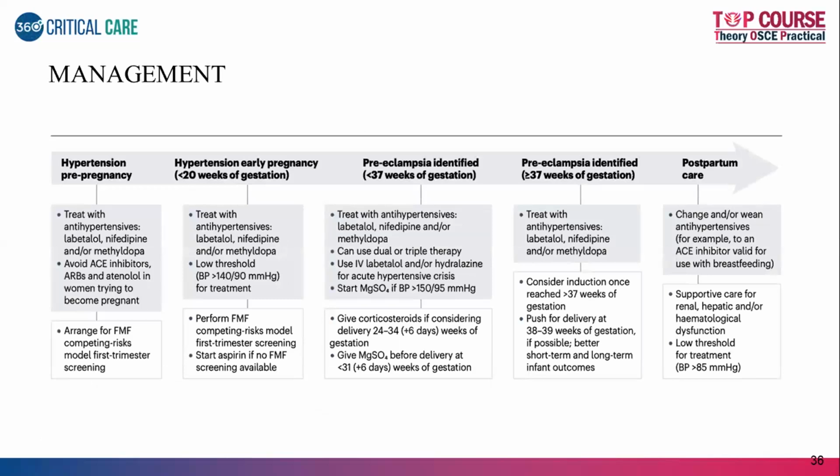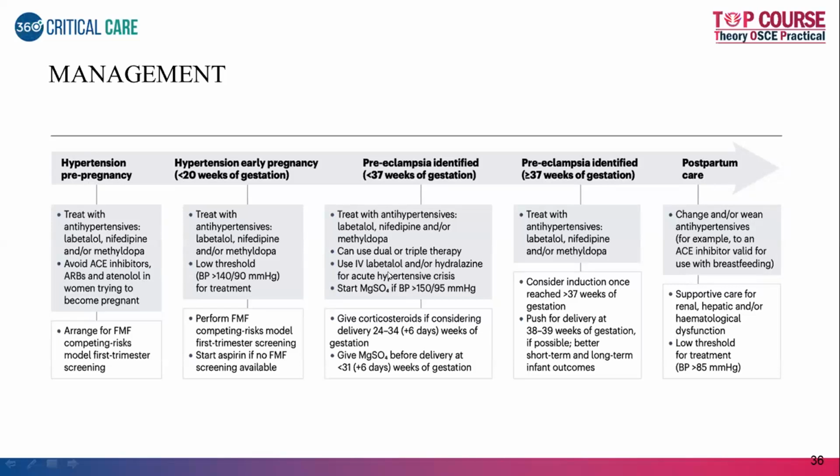So in short, how to manage any patient with preeclampsia. For hypertension pre-pregnancy, when the patient is planning for a pregnancy, you treat with any available antihypertensives, screen the patient, and avoid ACE inhibitors, ARBs and atenolol. For hypertension in early pregnancy, start with aspirin. Preeclampsia identified at less than 37 weeks of gestation, treat the hypertension and then see